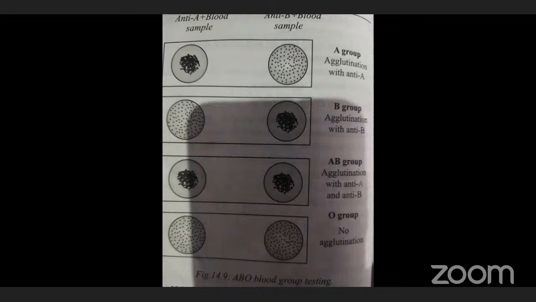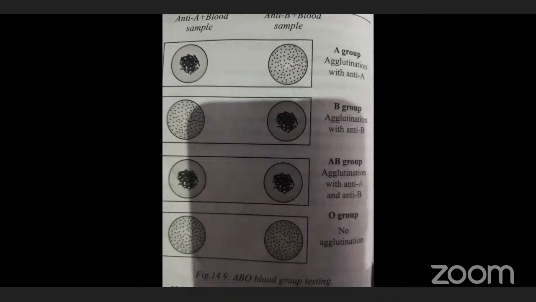Based on the Rh factor only, we can easily determine whether it is a positive group or a negative group. We can easily say A group, B group or O group. Whether the O group is O positive or O negative, A positive or A negative, AB positive or AB negative, we can determine the positive or negative with the help of the Rh factor only. That is also an important question. So the Rh factor determines whether the blood group is positive or negative. Clear? So for typing of blood, we can mix a drop of blood sample